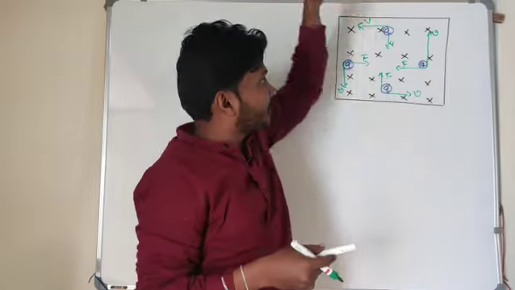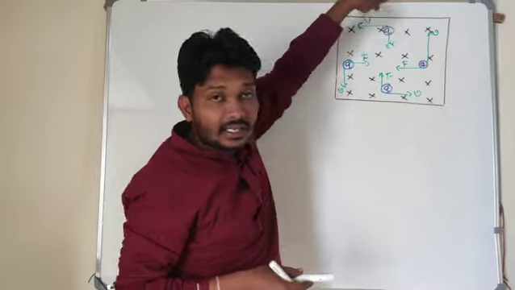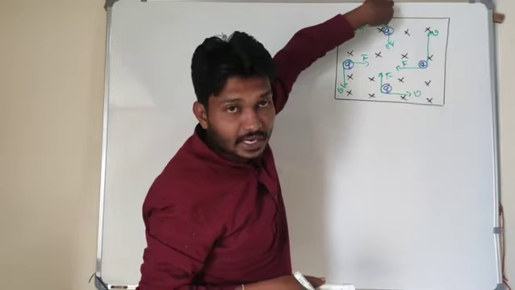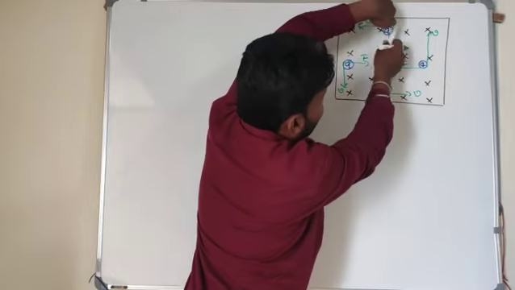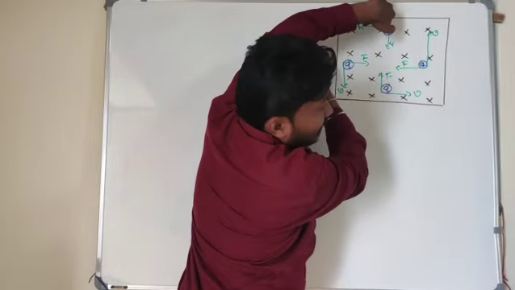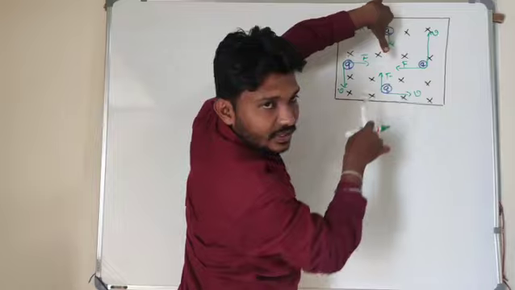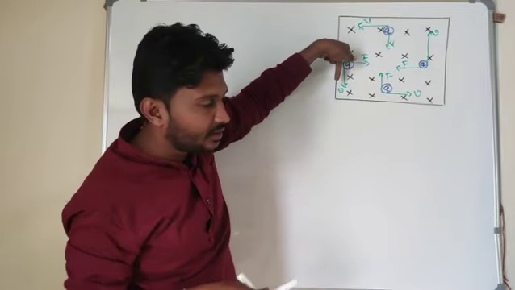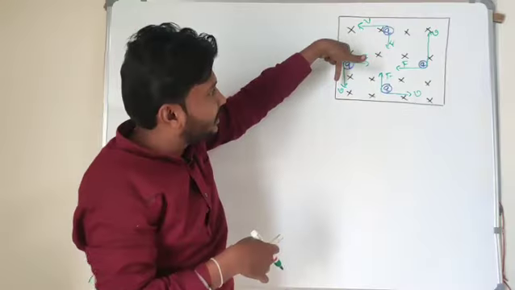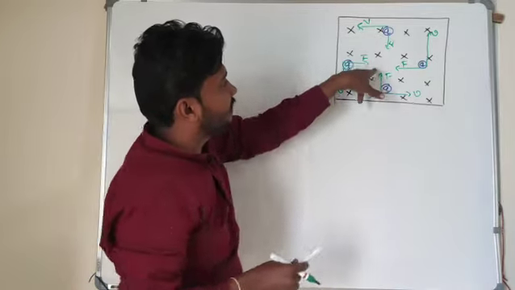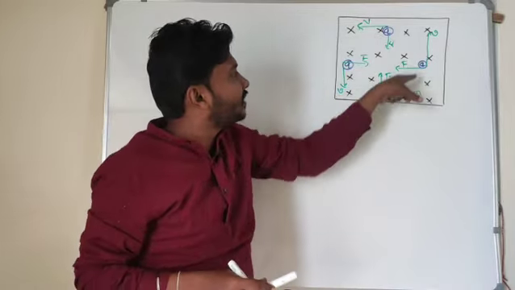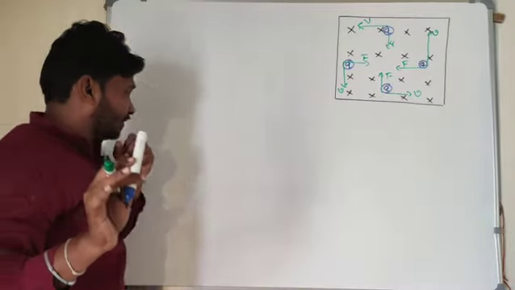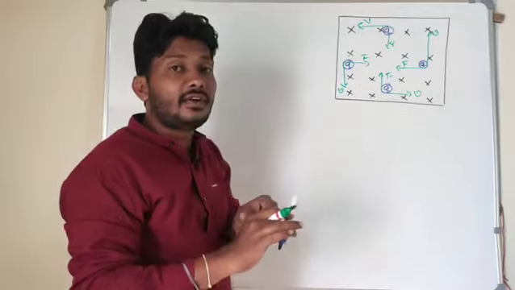Force is inward direction. Again, if the charged particle is in this position, this is the direction of velocity of the charged particle. This is the direction of the magnetic field. Magnetic field lines are into the plane. Velocity of the charged particle. Force is downward direction. Again, look at the same situation. Magnetic field lines are into the plane. Velocity of the charged particle is downward direction. Force is inward direction. In all the cases, what is the direction of the force here? Sorry, force is acting inward direction.